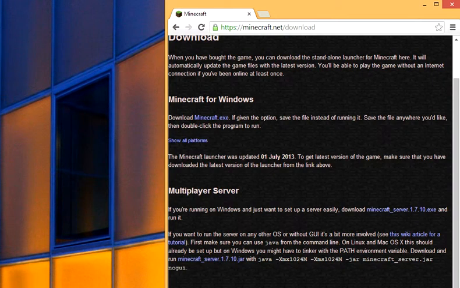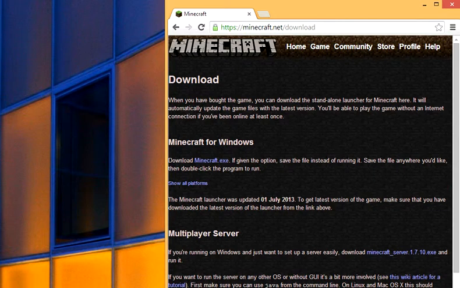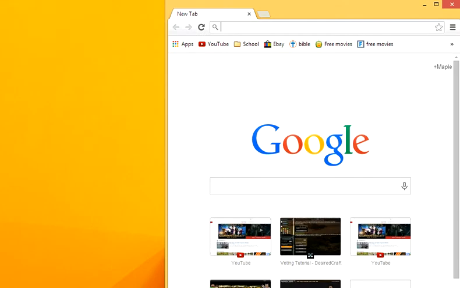Today I'm going to show you guys how to make a Minecraft server. So let's get started. First thing you want to do is come to Google Chrome. Well, whatever browser you want. My favorite browser is Google Chrome, that's why I'm using it. You're going to want to go to